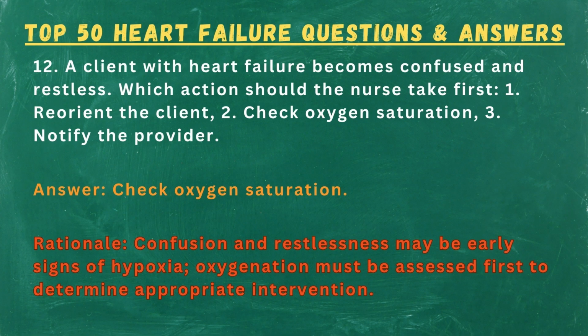12. A client with heart failure becomes confused and restless. Which action should the nurse take first? 1. Reorient the client. 2. Check oxygen saturation. 3. Notify the provider. Answer: check oxygen saturation. Rationale: